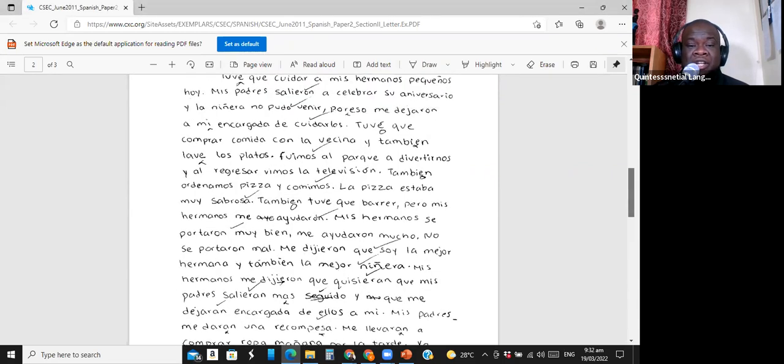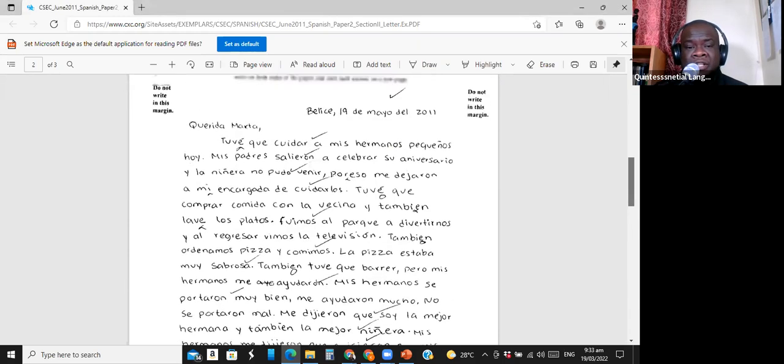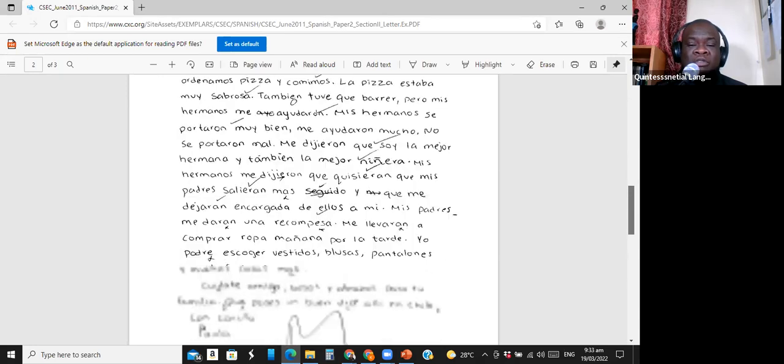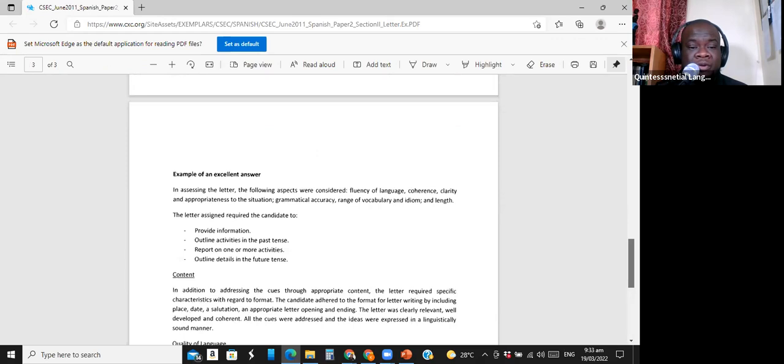And this was actually quite excellent when you look at the language being used in this. Querido, and then the person's name, and then comma. Querido, the person's name. I've seen both. I don't understand why you're asking. I've seen a comma, I've seen a colon before. What I would say to you now is use the comma. And the only reason I'm saying that is because this person used the comma, and it wasn't one of the methods for improvement or recommendations given by CXC to improve, right?